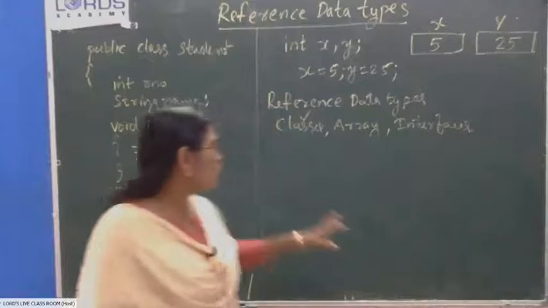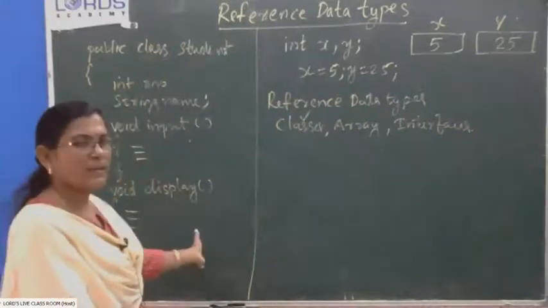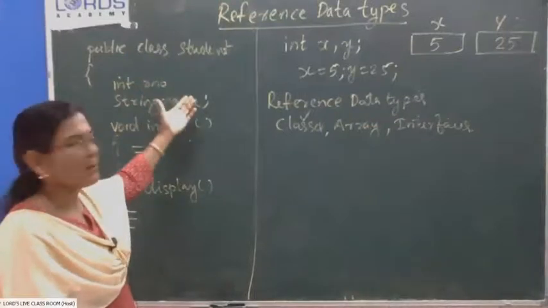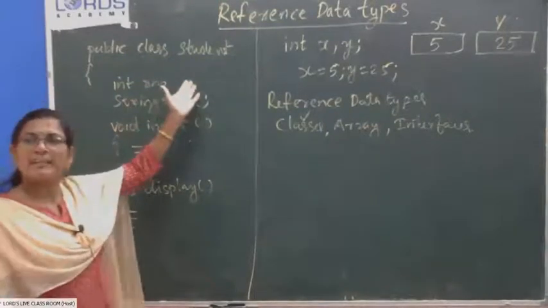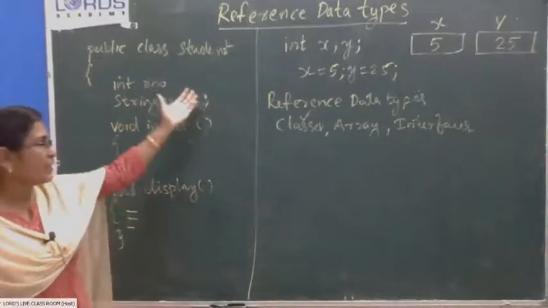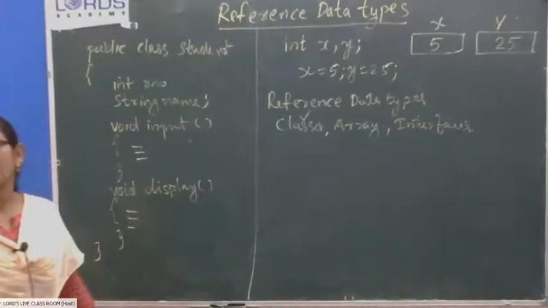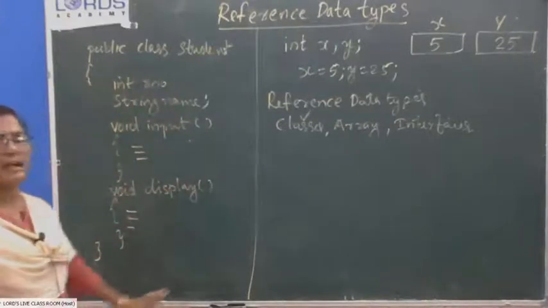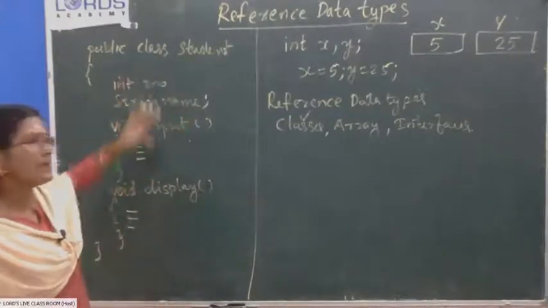A class is a combination of different data types. The user can include any number of primitive data types here. You can declare a variable of Boolean type, or a variable of character type, or declare any number of variables of floating point or double data type in a class. So a class is a totality of different data types and methods.